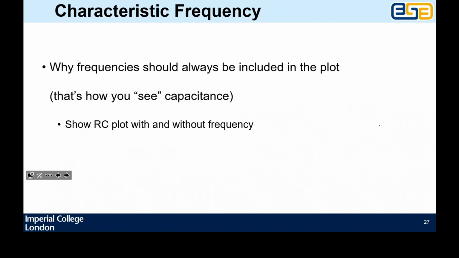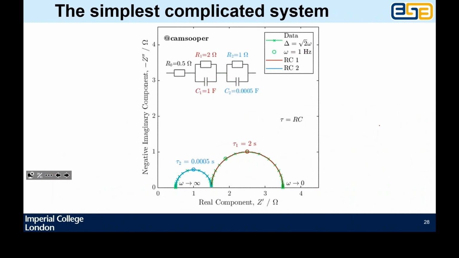The frequency is how you see the capacity. Otherwise, you've got no idea really what's going on. So if you show this, and so